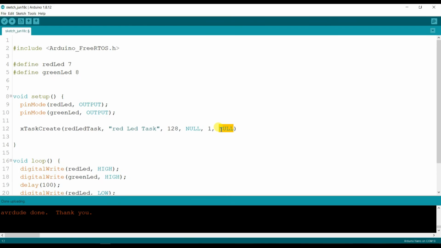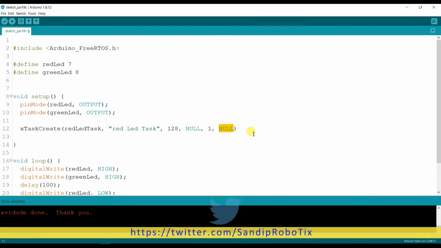Here I can pass an external task handle which is not included here, so it's optional. If I have no other extra task, I will pass NULL.